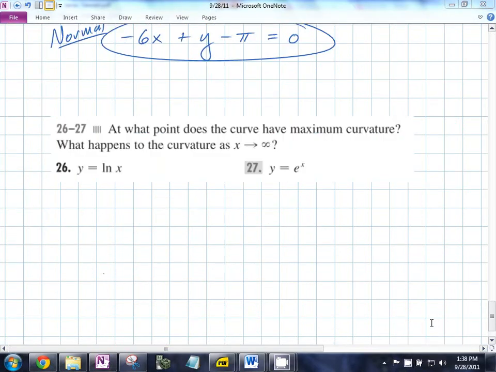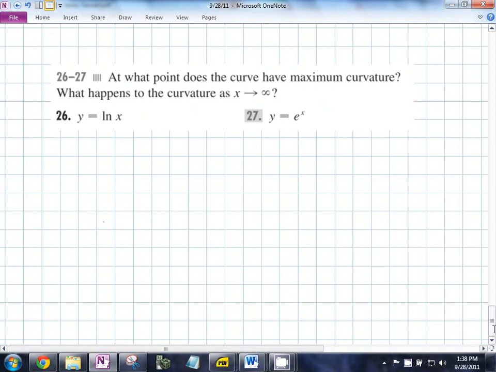Do I really care if you know how to derive that? Absolutely not. You can read it if you want to, but you just need to know there is an equation for curvature specifically for y equals f of x. So in this case,